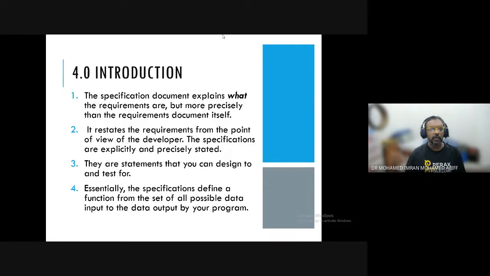Okay, so you have to design your test cases. This is a new term, test cases in subsection 4.5. So what are those test cases? In the software engineering subject there will be this, you can learn it from there. Okay, point number 4, essentially the specification defines a function from the set of all possible data inputs to the data output by your program. So you explain one by one,